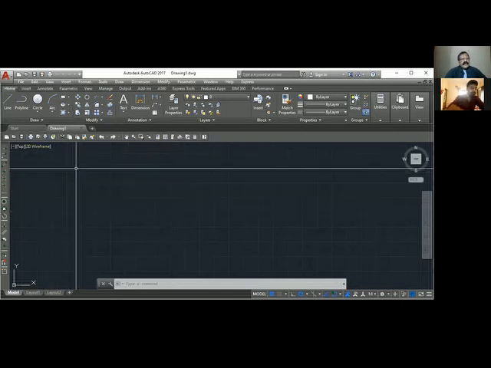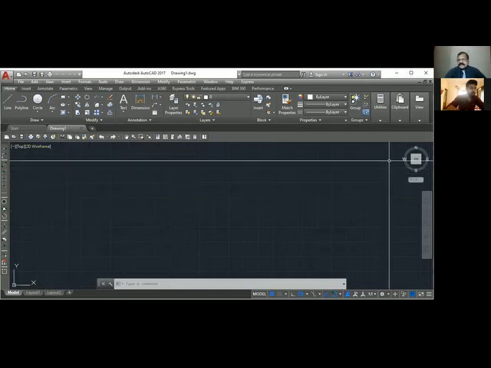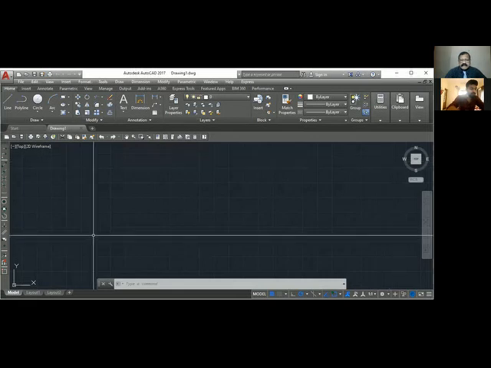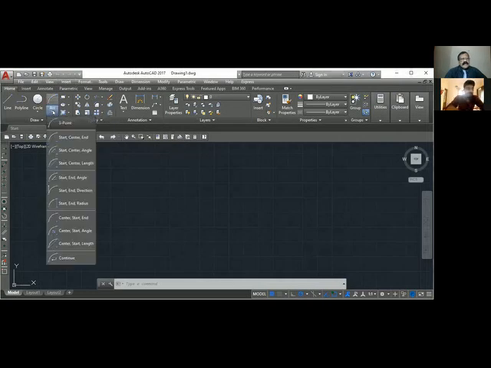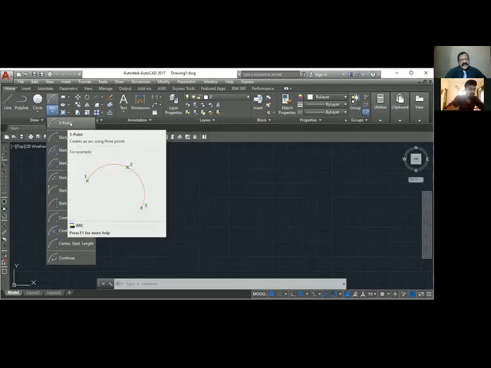First, we will do the arc. When you say arc, click this arc. There are different methods by which you can draw arcs. We are mainly concerned about the first four. Balance you can practice your own. So if you want to see how this three arc is made, just hold your mouse there for a few minutes. You can see that they are showing 3 point, 1, 2, 3, and you can draw the arc.